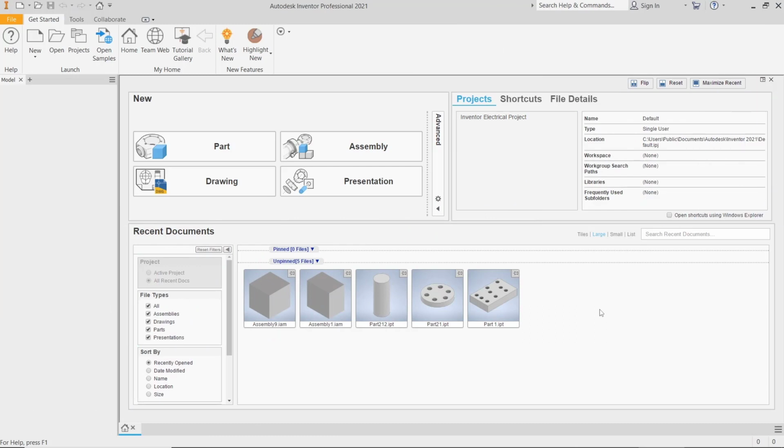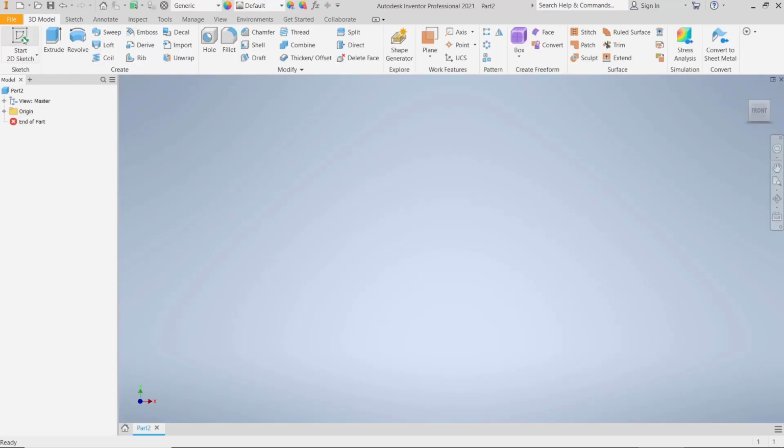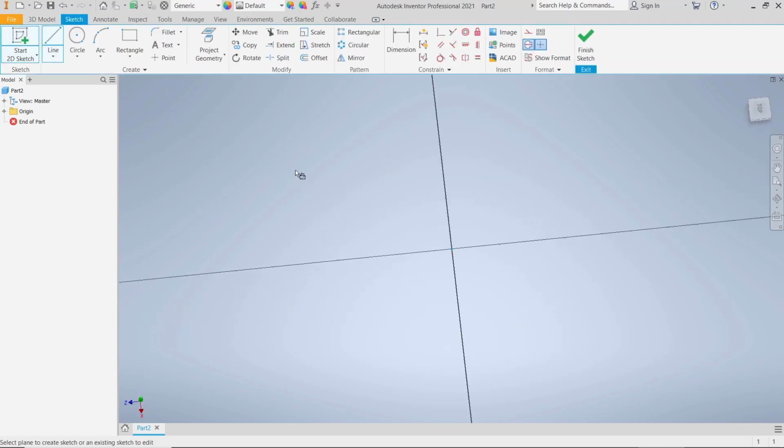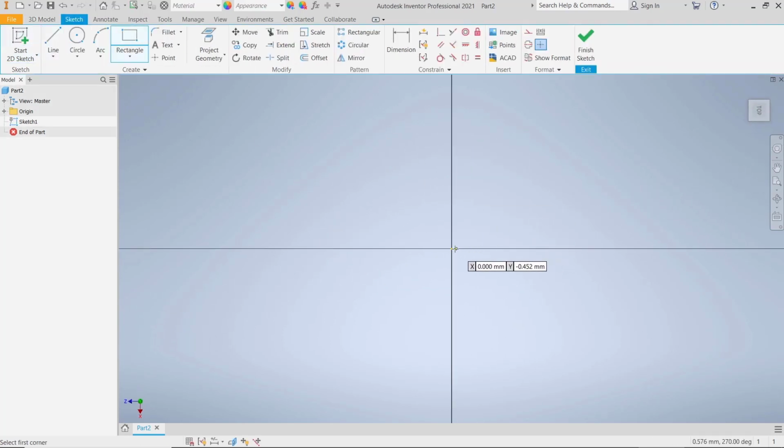Hello everyone, today we are going to learn basic Inventor tutorials: how to use Revolve cut. I will go to part design, click start 2D sketch and choose the top plane. For example, I will create a rectangle in here